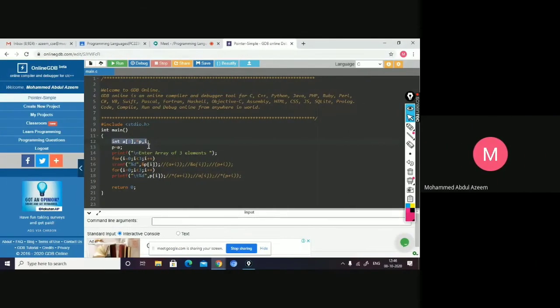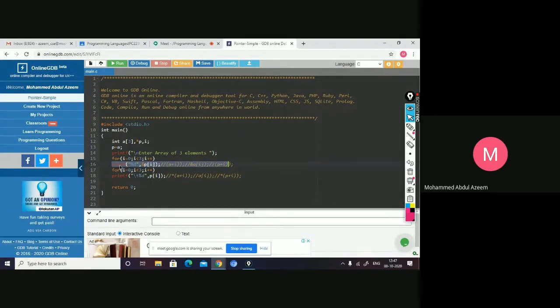An iterator I. And the next statement is P equal to A, we said. Now it means P is now referring to the memory which has been created for A. So the other way around, P and A both are pointing to that array's elements. Now in the next statement you are saying printf enter array of 3 elements. Then you are accepting the elements with the help of scanf statement. So for I equal to 0, I less than 3, I plus plus.